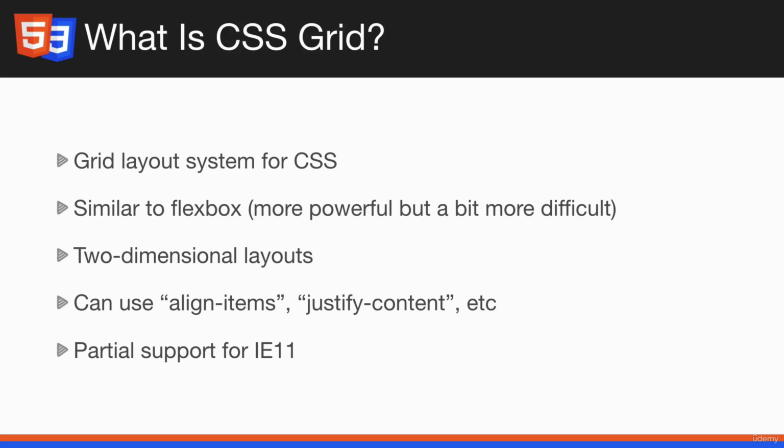It's similar to Flexbox in that you can do a lot of the same things that you can do with Flexbox. However, there are some big differences, the biggest being that the grid is capable of two-dimensional layouts, and I'll get to that in a minute. CSS Grid is a bit harder to use than Flex, but it's also more powerful. And we can still use the same alignment properties that we've used with Flex, such as align items and justify content. As far as browser support, all browsers support it aside from Internet Explorer, which does have partial support for the